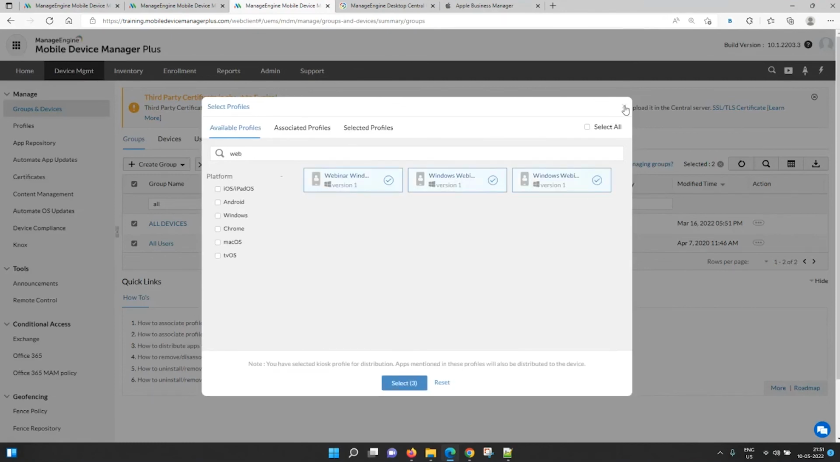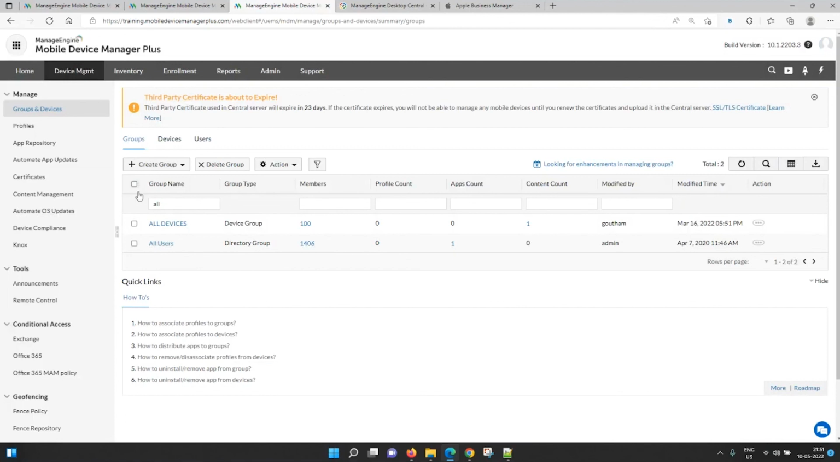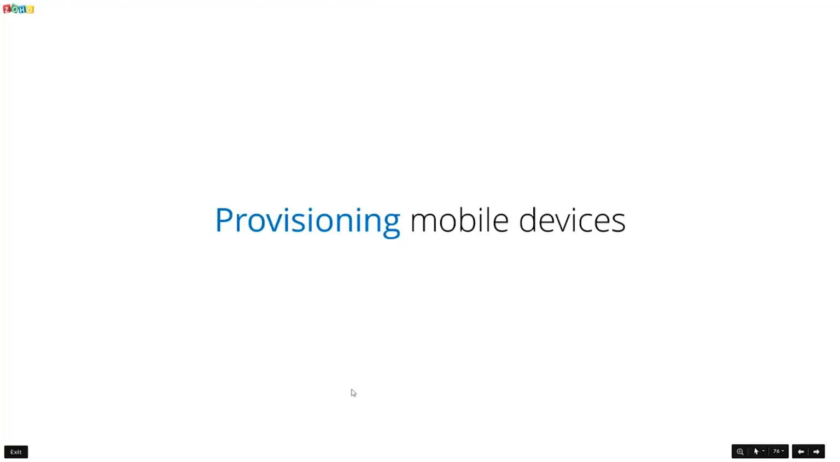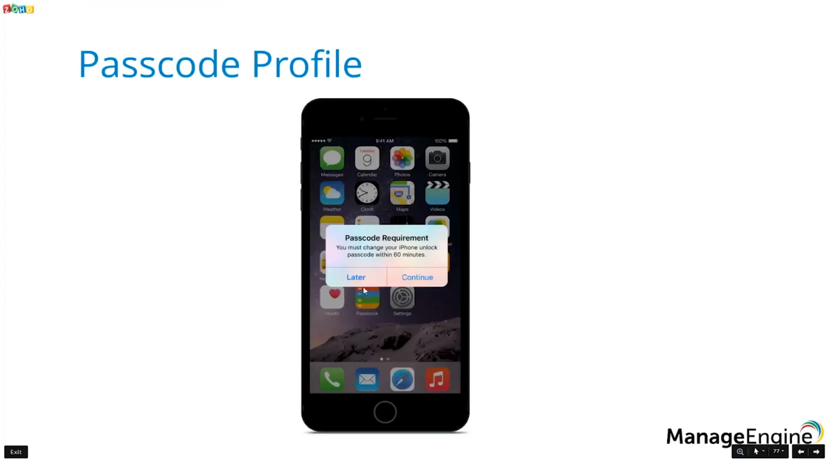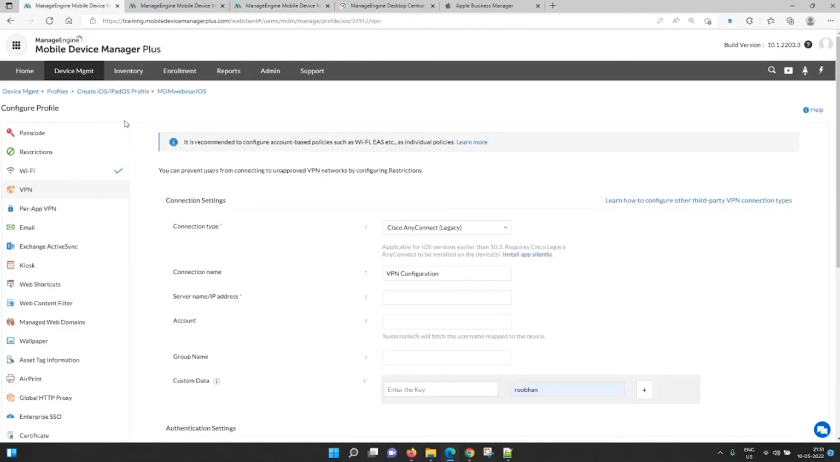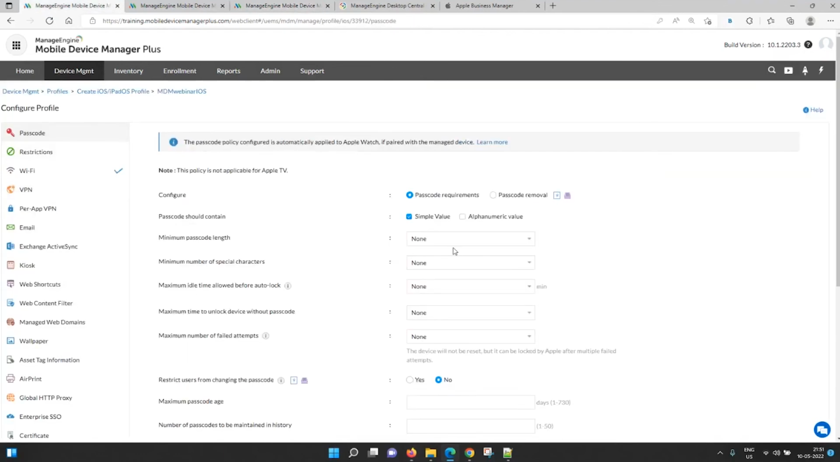I can distribute like this. So this is how we create the profile and associate to the users as well. And like say, this prompt will appear on the iOS users. As you see, it's an iPhone, and this will come up when a user hasn't configured any passcode. Or if you have configured a 6-digit passcode, but a user has configured just a 4-digit PIN, then